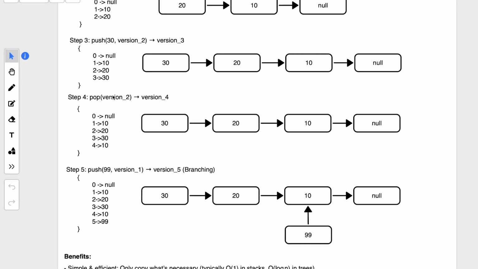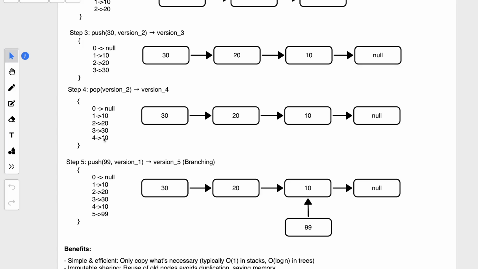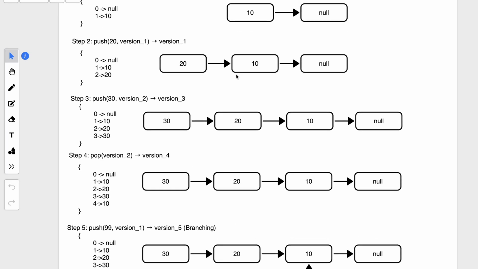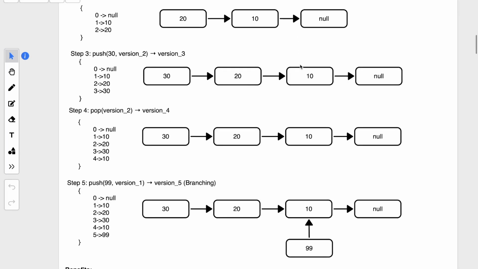Now we want to pop version 2, and that will create a version 4, right? So if you pop in version 2, the head node is 20, right? So if you pop the stack from here, your stack will be like 10 and null, right? Imagine if you don't have 30. Now if you pop 20 out of here, all you are left with is 10 and null, right? So in version 4